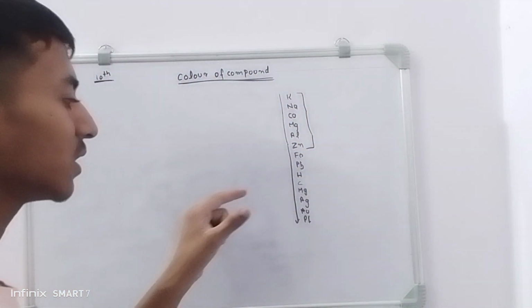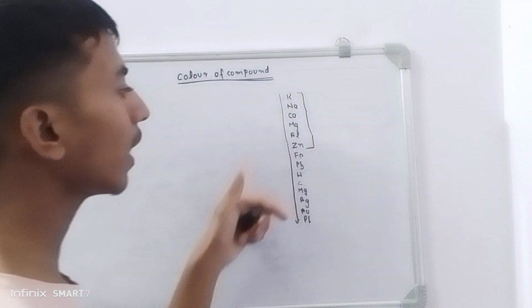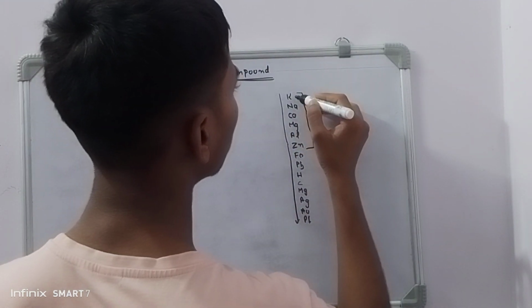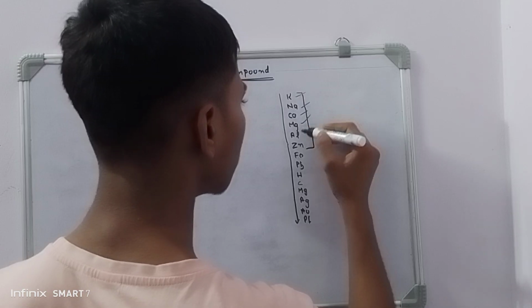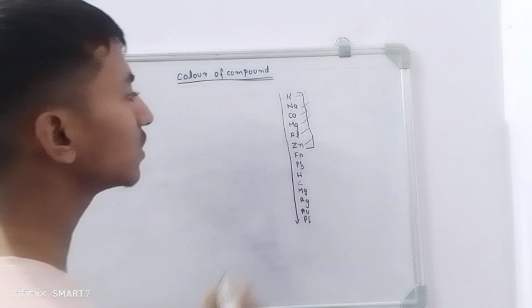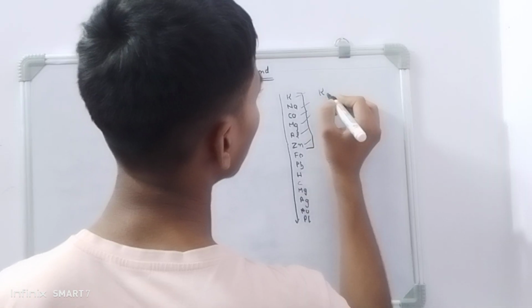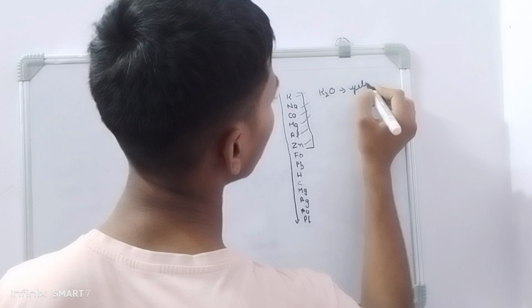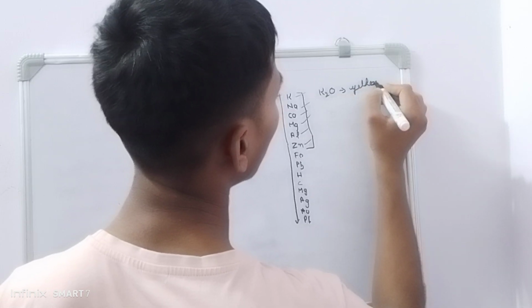When you remember this reactivity series, you will find that the first six metals, which are potassium, sodium, calcium, magnesium, aluminum, and zinc, are all white in color, excepting potassium. Potassium oxide is yellow in color,